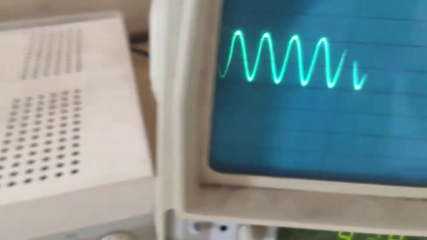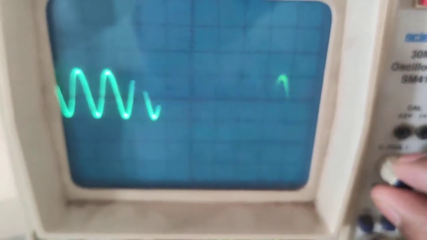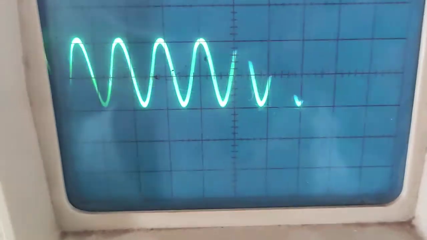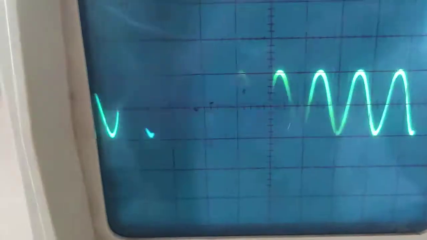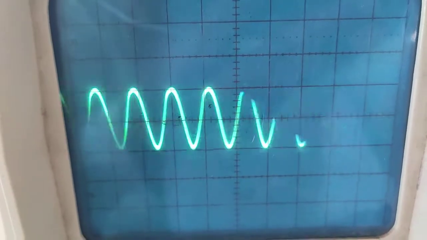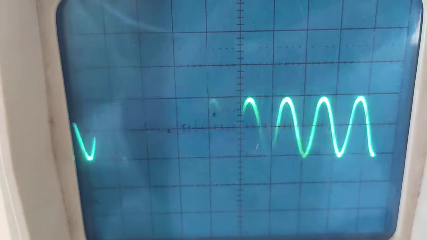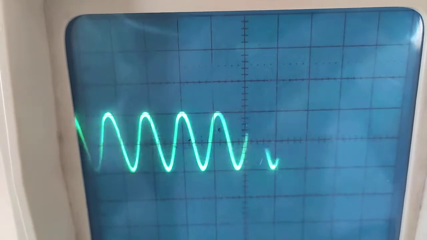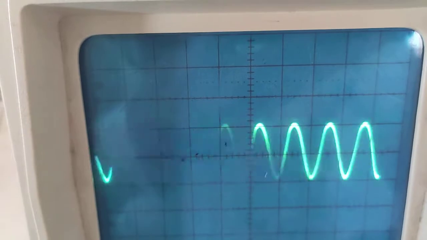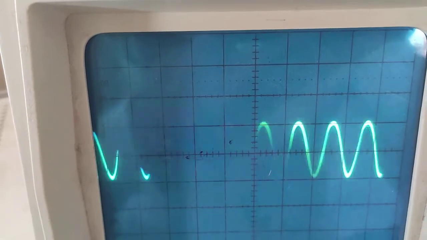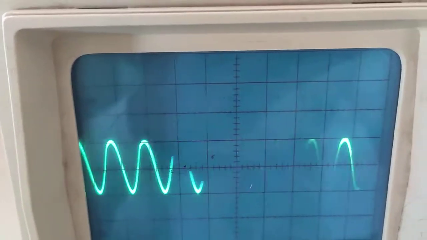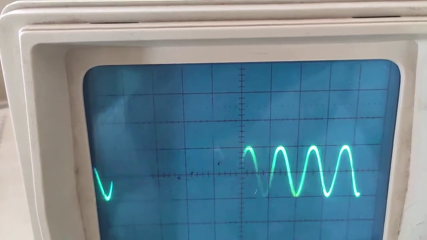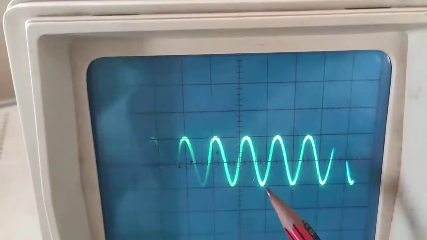11 volt is the output, and now we'll check the frequency. For that we'll shift this signal around here and change the X and Y positions. We have to calculate the time period for one complete cycle. Now you can see we can calculate.